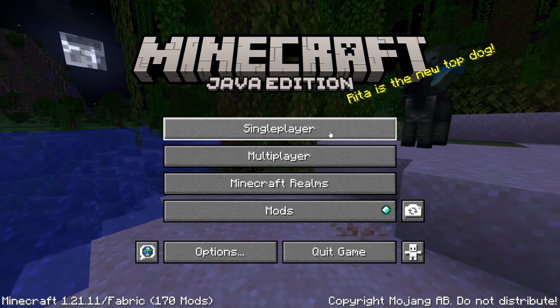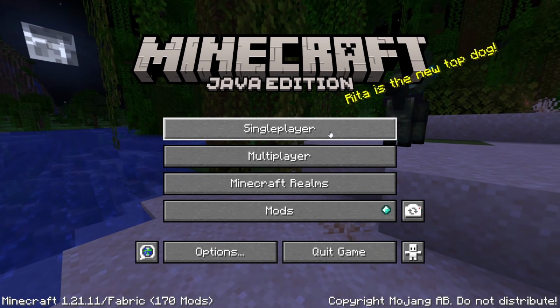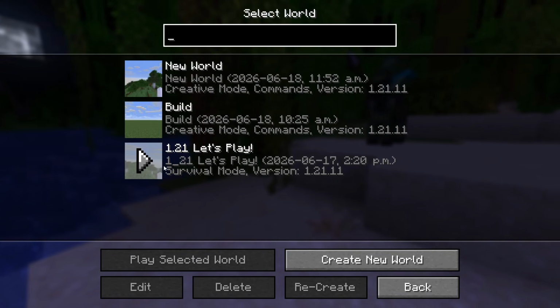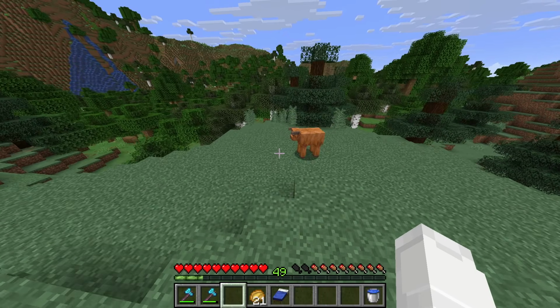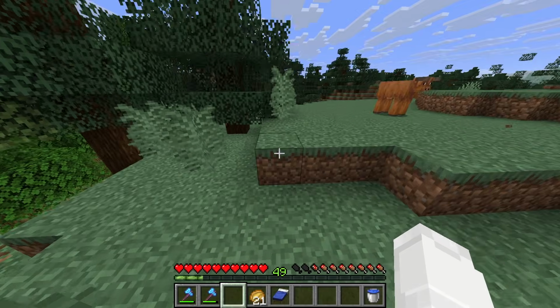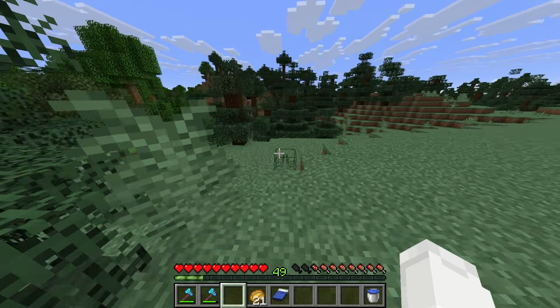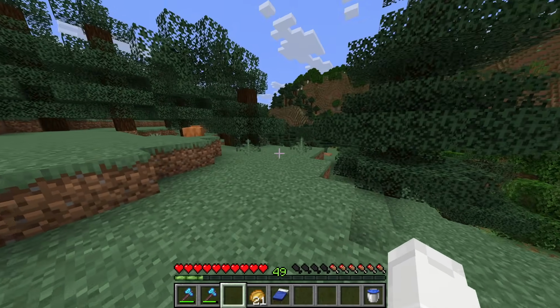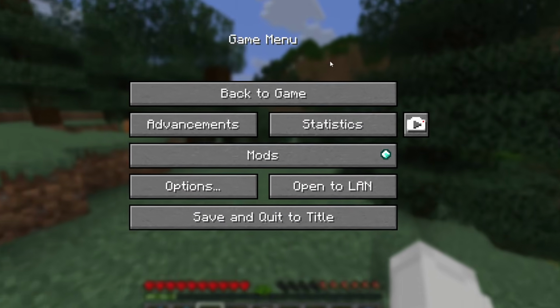Alright then, let's begin with step 1, arguably the easiest, recording. Head on to any Minecraft world or server. For this example, I'll just go on my Let's Play world. Whether you're dealing with some cinematic shots, building something, or simply working on a task, the concept is pretty much the same. Once you're inside the game, just hit escape, and when this screen pops up on the side, you